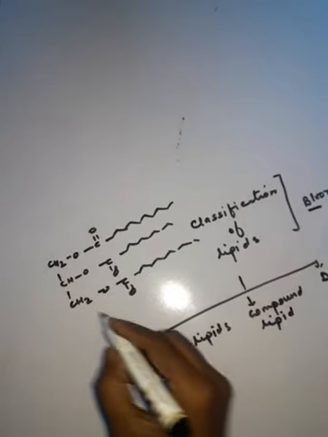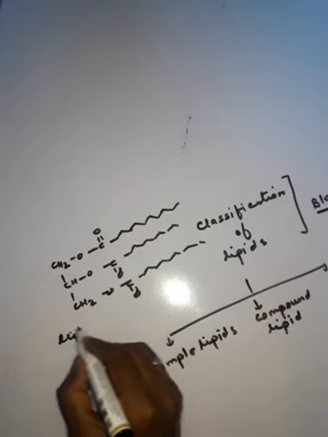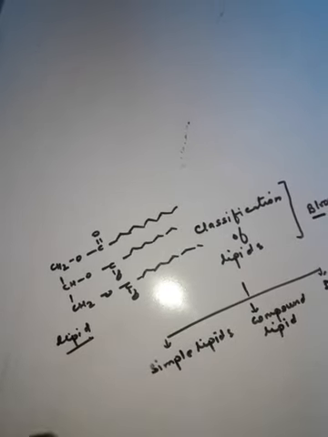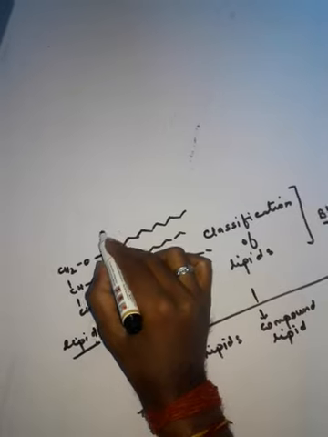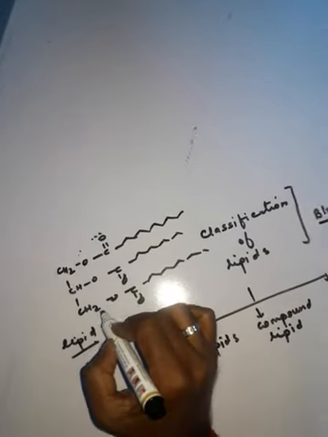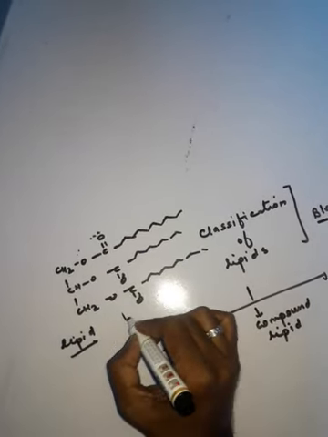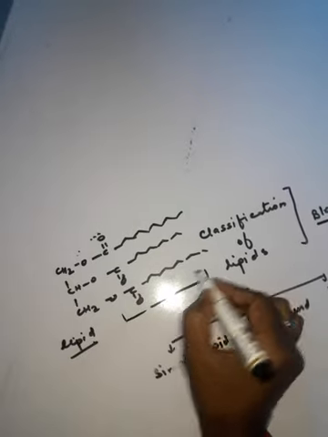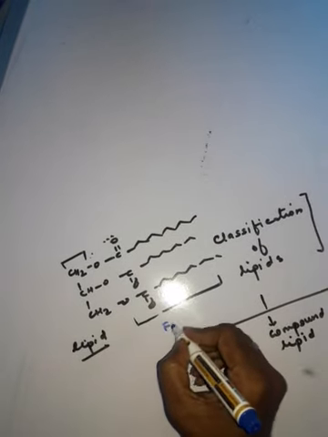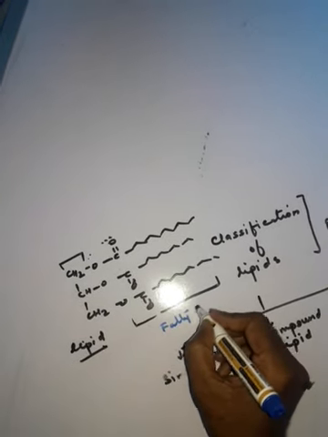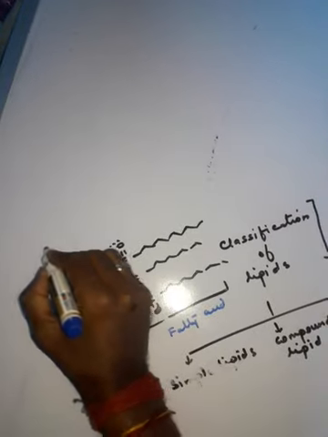So it is the lipid. In the lipid part, this moiety is called fatty acid. This moiety is called fatty acid. This you can say is the fatty acid,